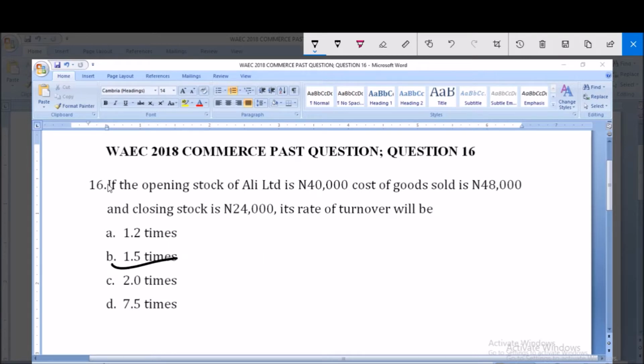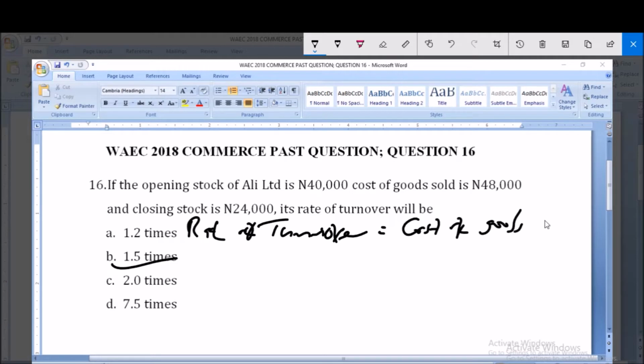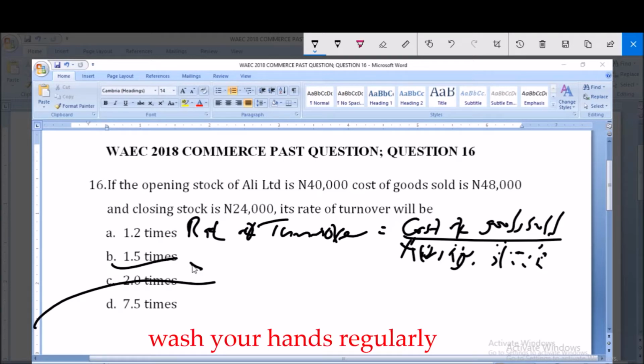1.2 times. When we talk of rate of turnover, equal to cost of goods sold over average stock, then average stock